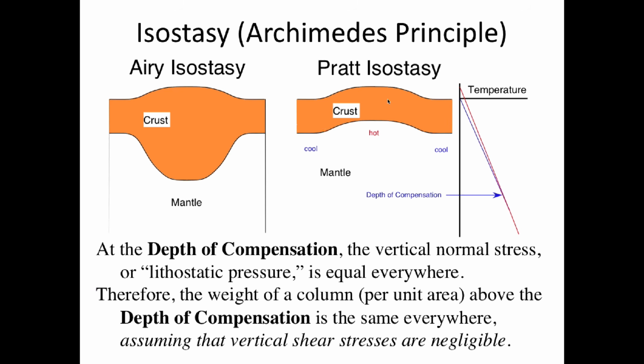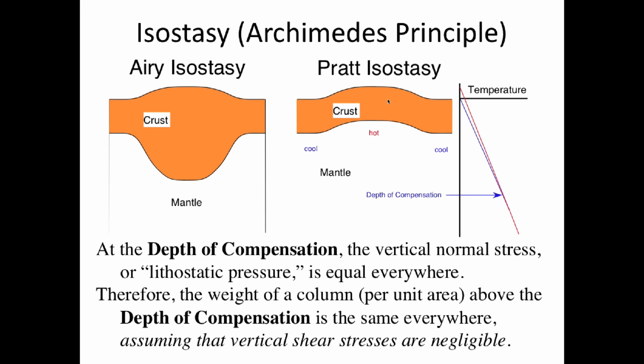So he came up with an alternative idea, which is not that you don't have thickened crust, but that you have laterally varying density across the region. So this would be a column of less dense material than a column over here. And being less dense, it would stand higher. And in modern understanding, the way to make it less dense would be to make it hotter here. So you have hot material here, cooler material over there, and you'd stand high, but the crust itself would have the same